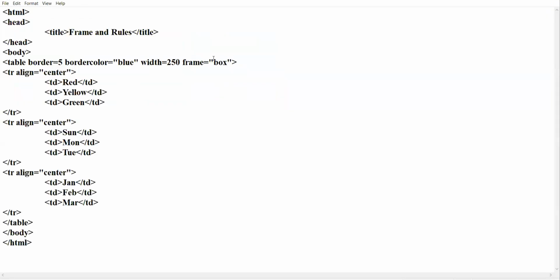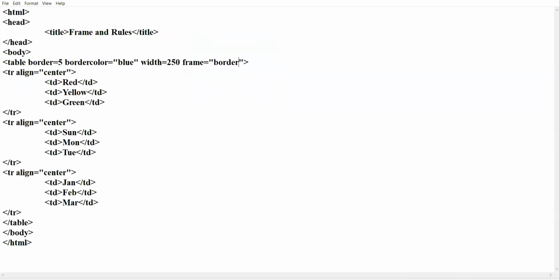The next value is border. The value border and the value box, they are the same. The only difference is that border is the default value of the frame attribute. If you are not giving the frame attribute, by default, the value is border.